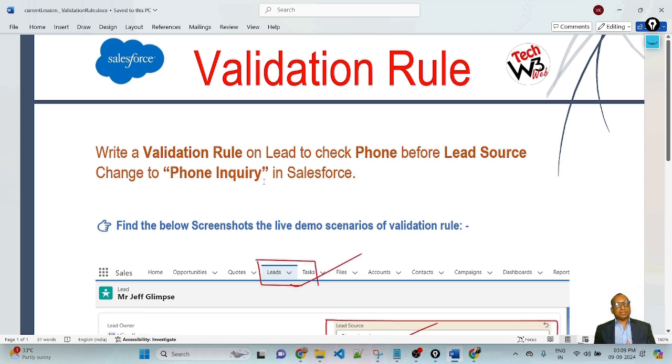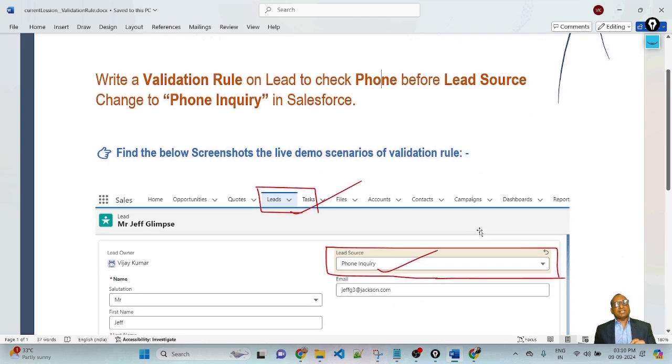Lead source is a picklist value and phone is a phone type. If lead source changes to phone inquiry, then before saving the lead record, we will check the phone. If phone is null, then we will display an error message. This scenario will be achieved through the validation rule in Salesforce. Find the screenshot below of the live demo scenario of the validation rule.